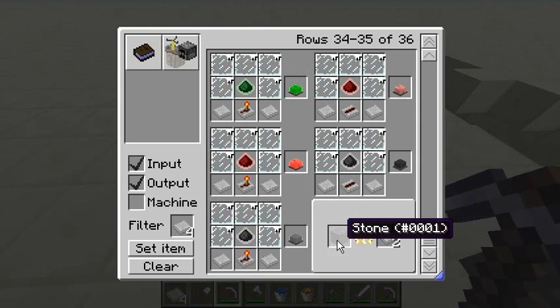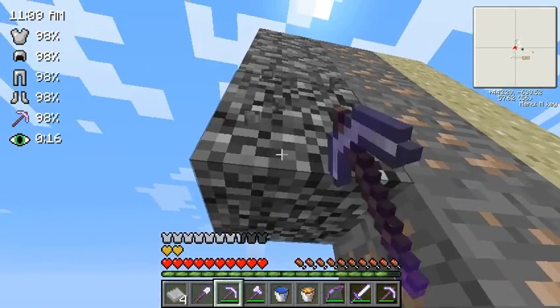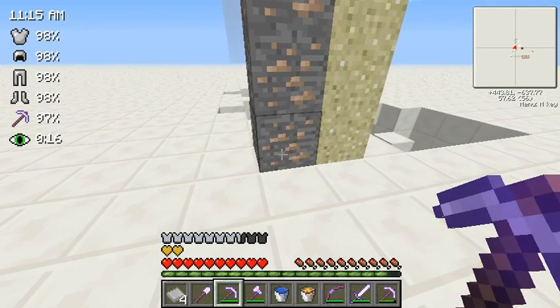I mean, what's it called? Project Red. So it turns my stone to plates, which is a big waste to me, because then I won't actually get any stone. And you're probably thinking, like, oh,